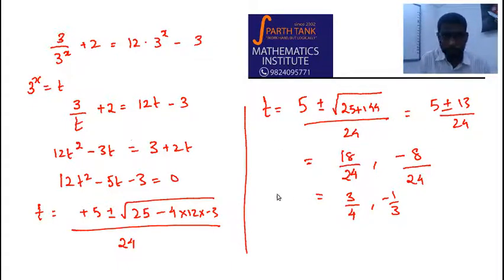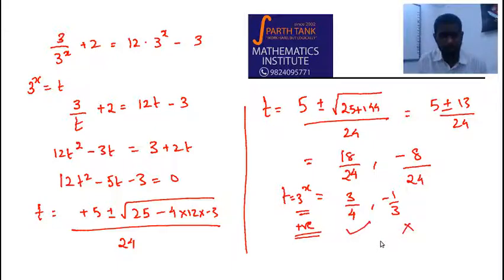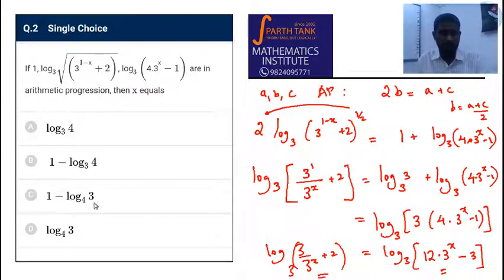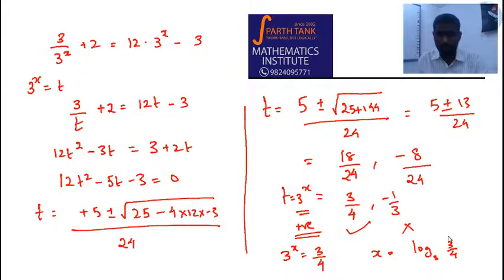Now, t is nothing but 3 power x. 3 power x is always positive, cannot be negative. So this is the root and this cannot be. So 3 power x is 3 by 4, or x can be log of 3 by 4 to the base 3. Right? So the answer is option, okay, to simplify this form,